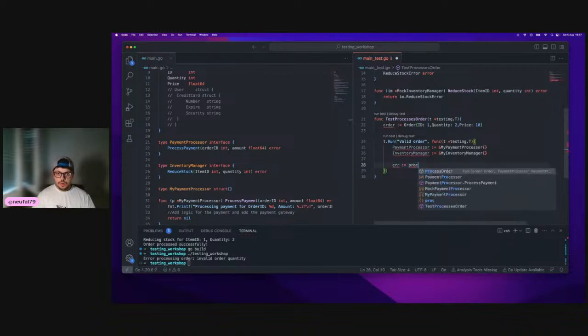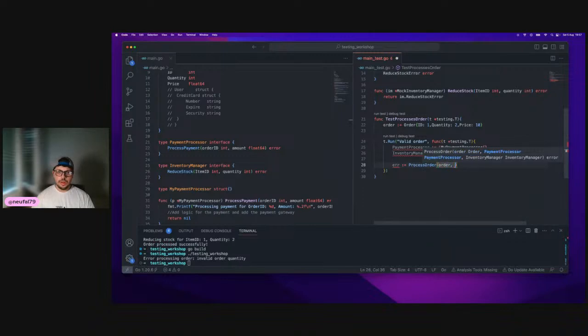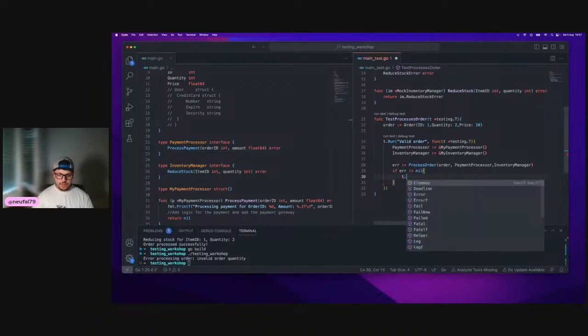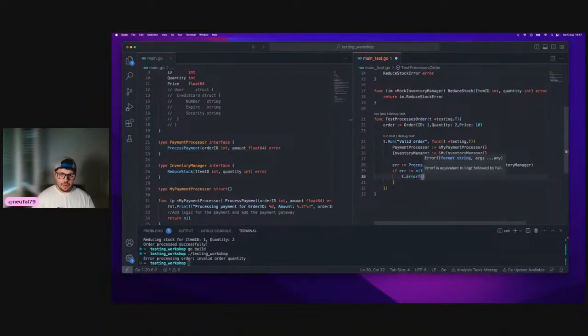So we check for process order. We just pass it the order that we created at the beginning, the payment processor, and the inventory manager. If error is not equal to nil, that means that we have an error. We use t.Errorf, process order